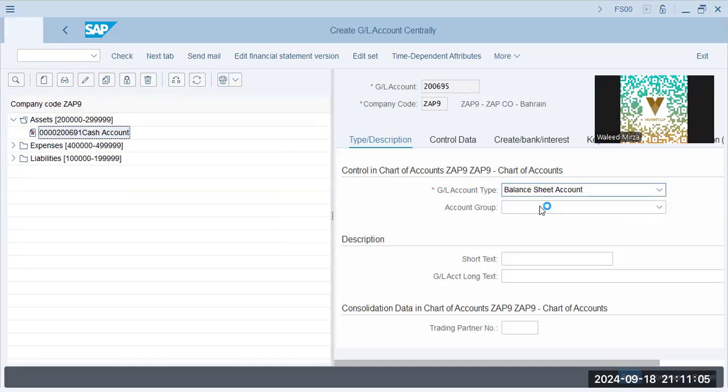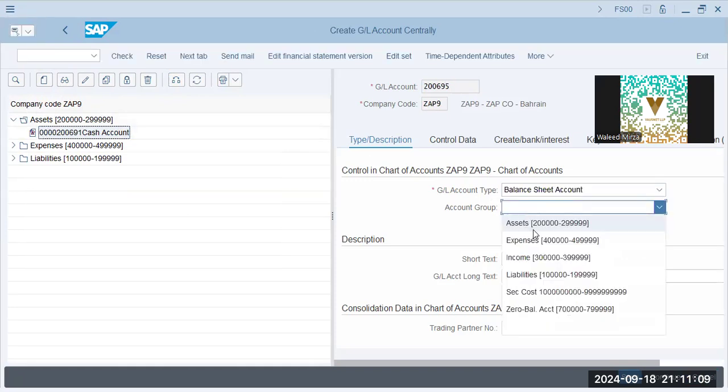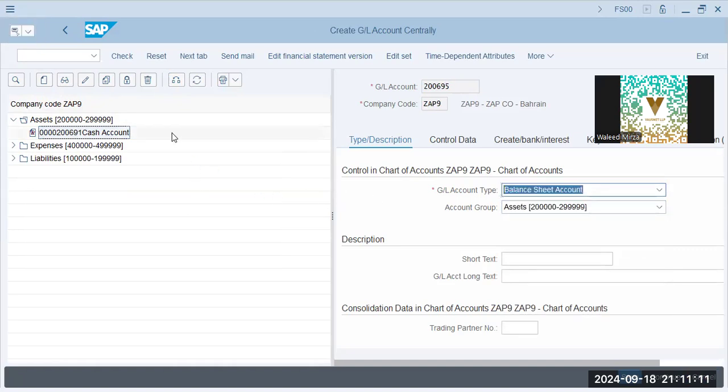It's a balance sheet account because what we are creating for assets are always a balance sheet item. And since this is the series which was selected in the chart of accounts,